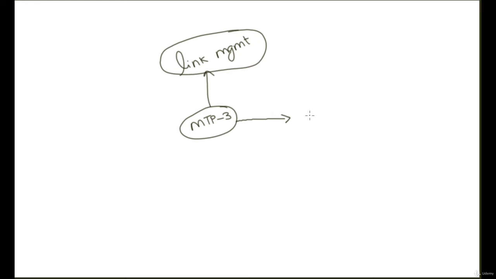The other is the route management function. This is the new part that we are going to take in this lecture. And then the traffic management function.